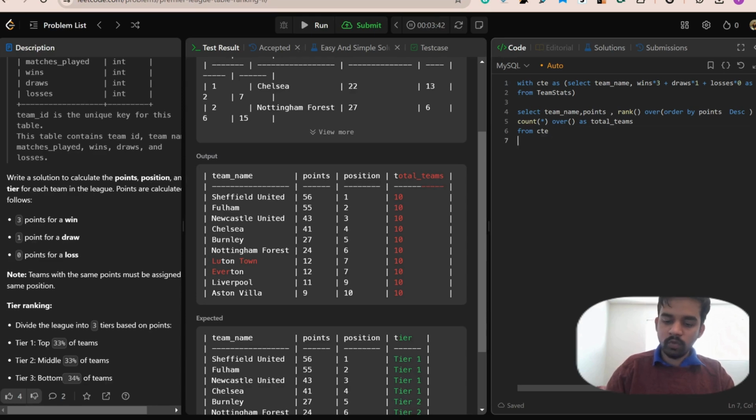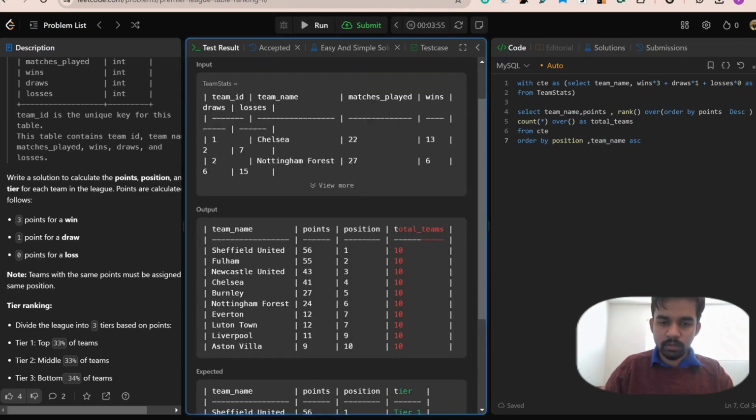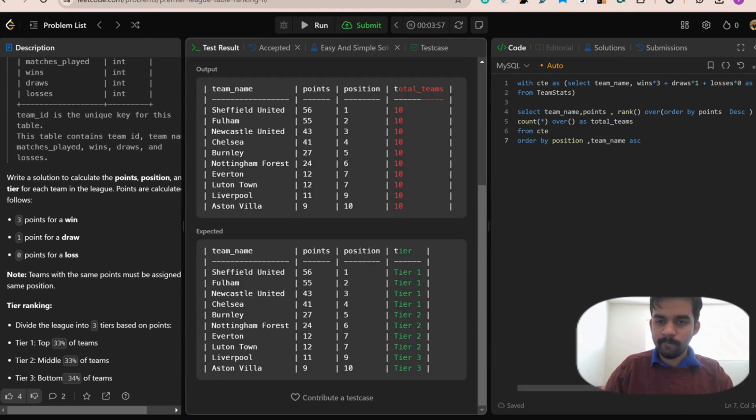I also need to order it by position, comma, team name, ascending. Yeah, perfect. Now let's convert it into one with position 1 as